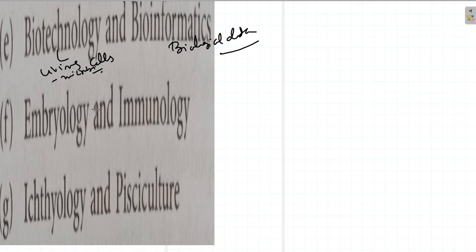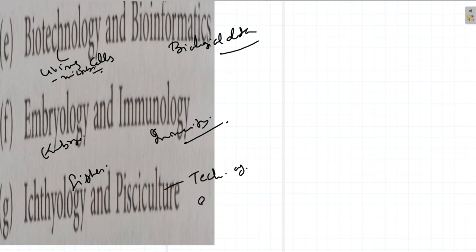Right, embryology, you already know, study of embryo. And immunology is study of immunity. Ichthyology, study of fishes. And pisciculture, it is technique of growing fishes. Right, so next is,